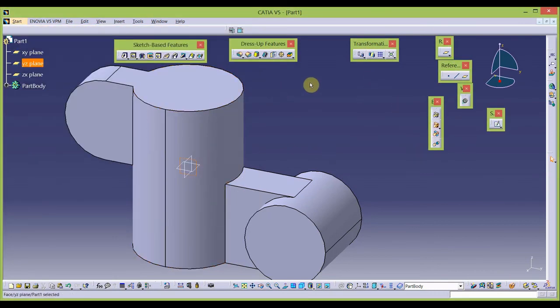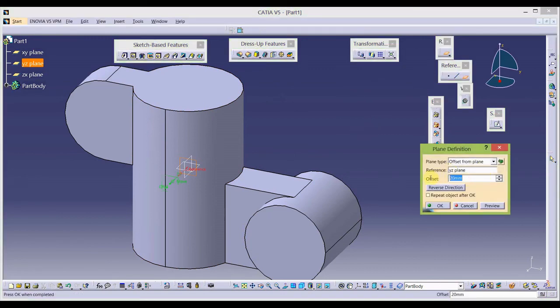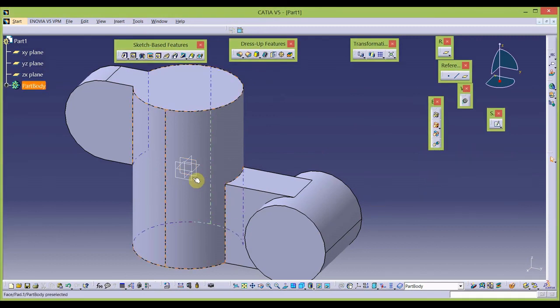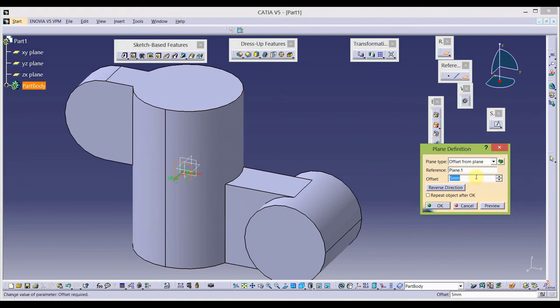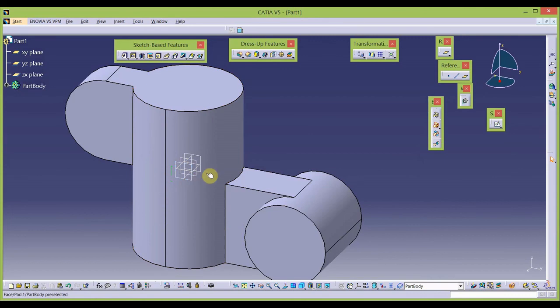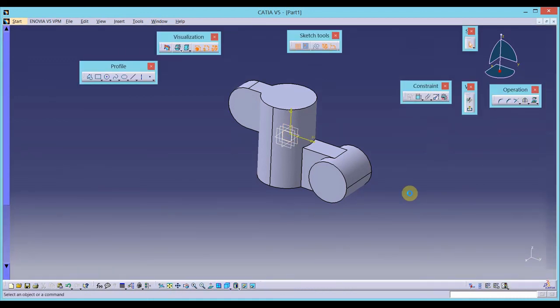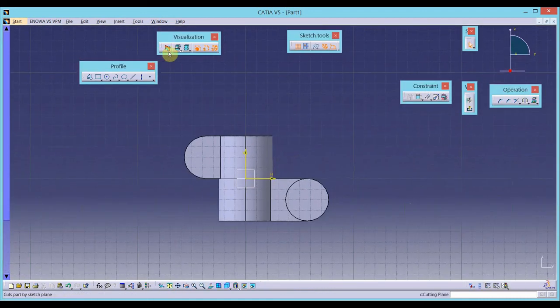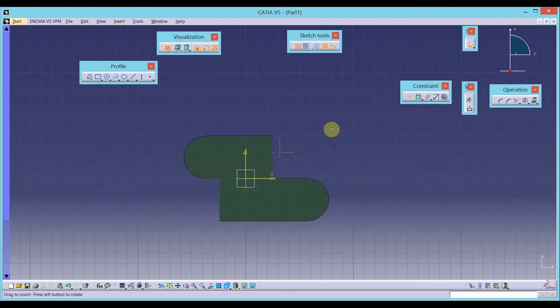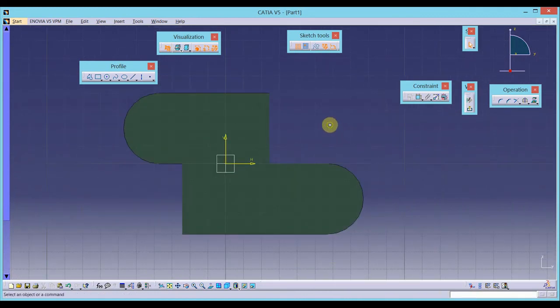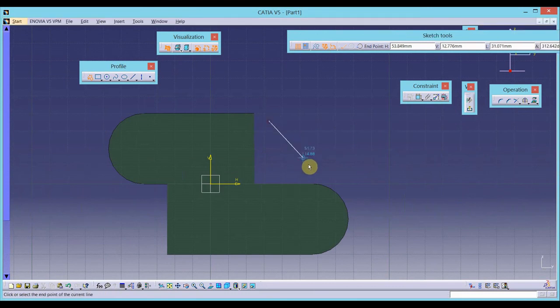So select the center plane, go to the reference elements, select plane, so offset distance is 5. Select this newly created plane, select the reference plane, and give offset distance as -10. So I have these two planes separated by distance of 10 millimeters. So select sketch tool, I will select one of these just created planes as the sketch plane. Select cut part by sketch plane option from visualization toolbar, create one line using profile tool,